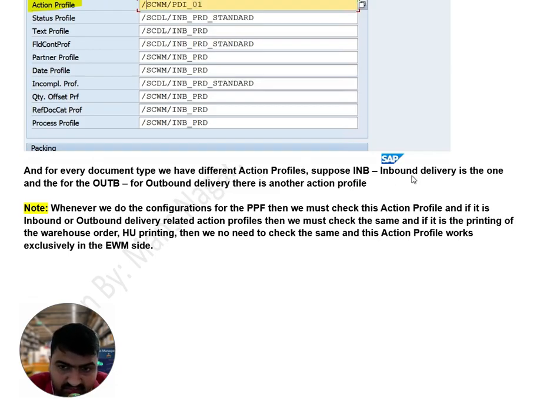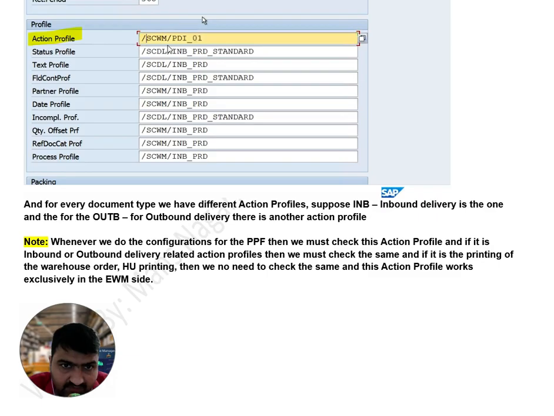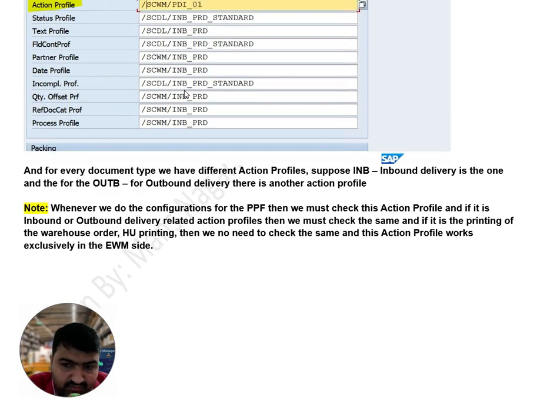Suppose inbound delivery has one, and the outbound delivery has another action profile. For the inbound delivery process we have this inbound delivery; for the outbound delivery we have one also, but we are going to work with printing the handling unit labels and creating the warehouse task. Inbound delivery warehouse tasks would be processed and confirmed automatically in the Extended Warehouse Management layer.